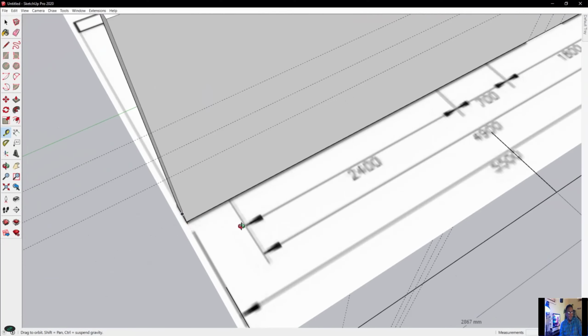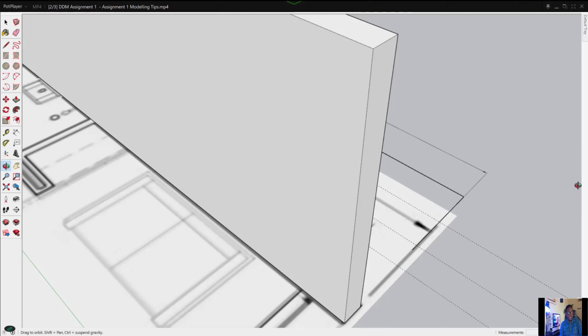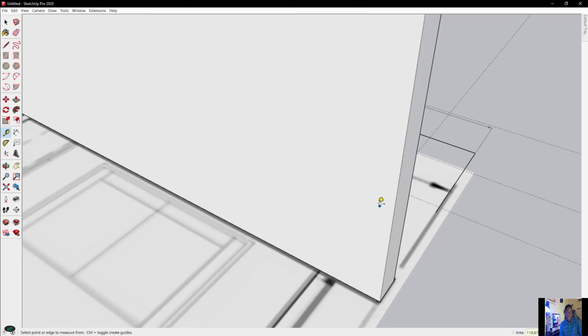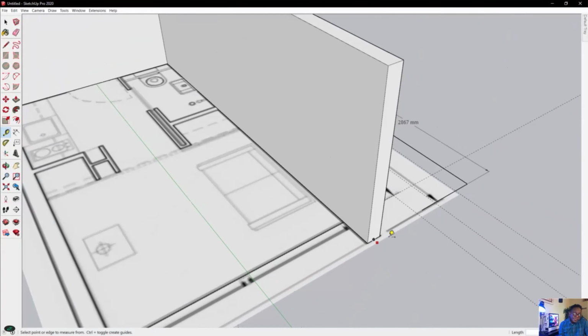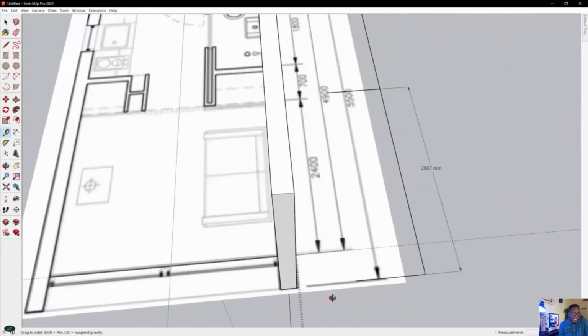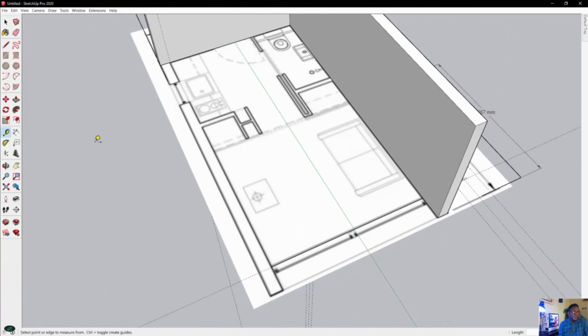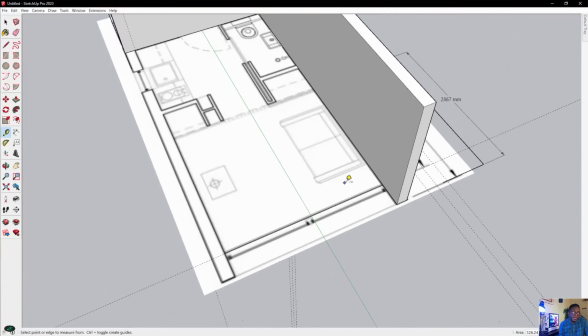We do want to change it to decimal, right? And then change it to millimeter units. So my units is set to architectural, so we're going to set